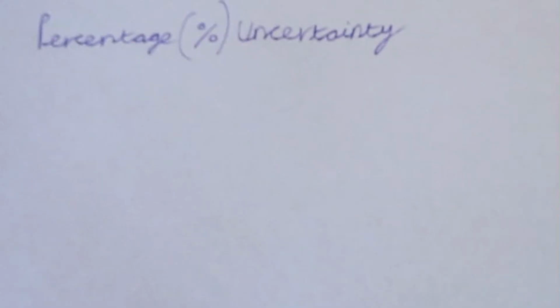Uncertainty. Last video we talked about absolute uncertainty. Let's start off, because it's quite different, by talking about what percentage error is. Quote from the CGP book: percentage error